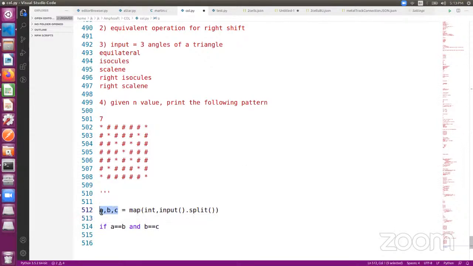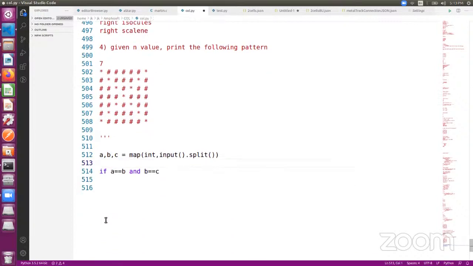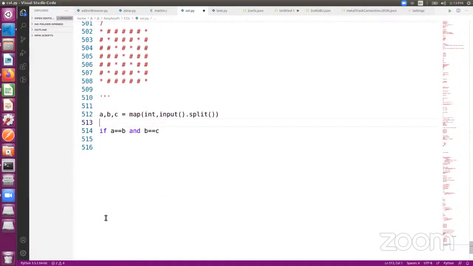a triangle, can you validate that the angles given are valid angles? First, we can take the sum is equal to A plus B plus C. Very good. If sum is equal to 180 degree, then we can proceed with this block. Else we will write invalid triangle. Correct. Great. So if A plus B plus C is equal to 180,